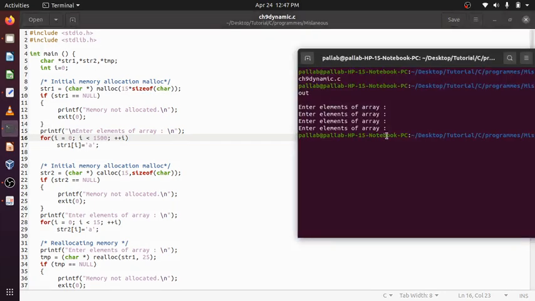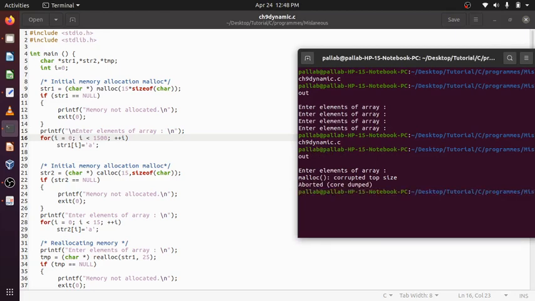Now see, things got compiled properly, but when I execute it, corrupt top size. Why? Because the operating system has allocated only 15 bytes and I tried to write 1500 bytes. This bound checking, as I have told previously in arrays, is a duty of the programmer, not of the operating system.